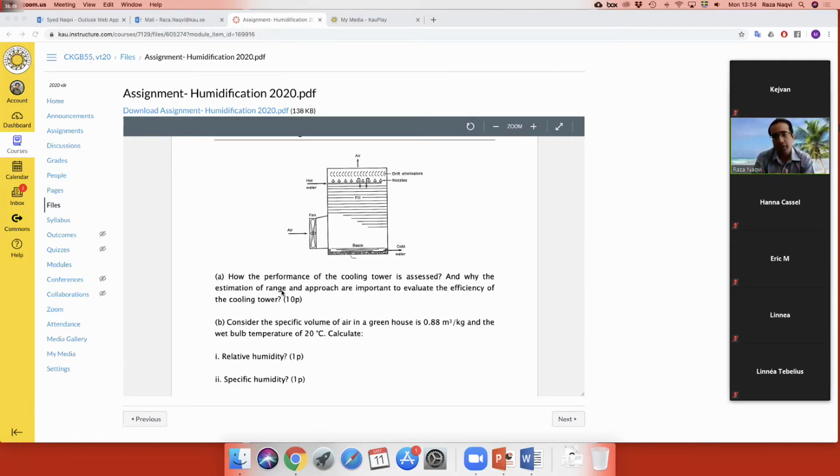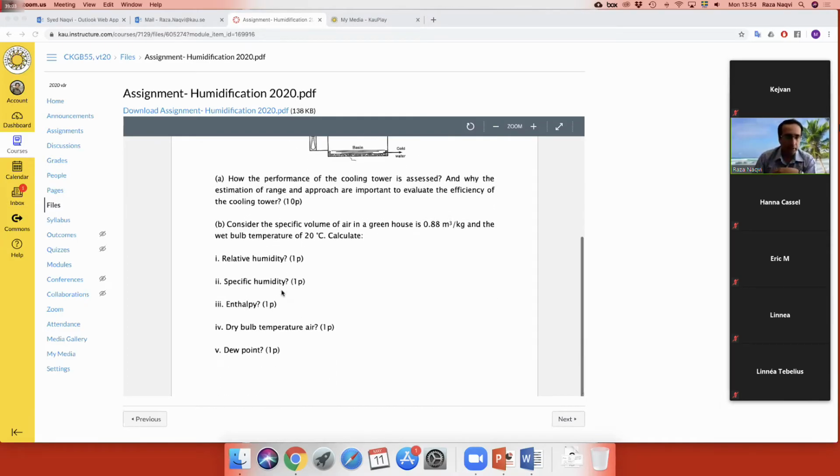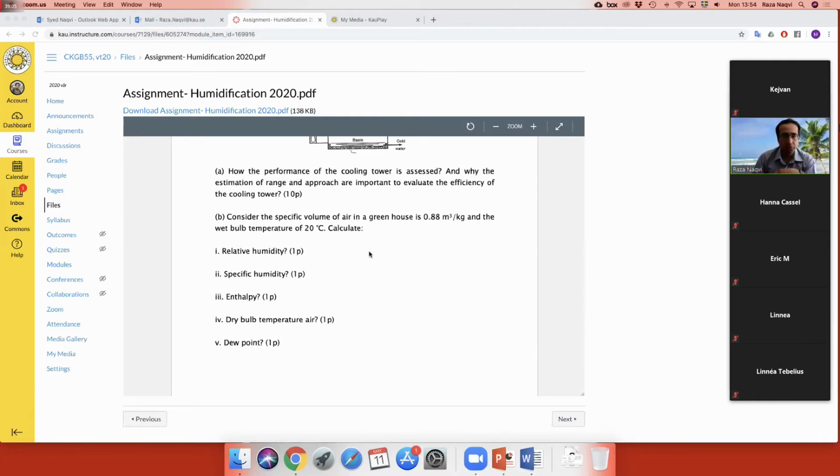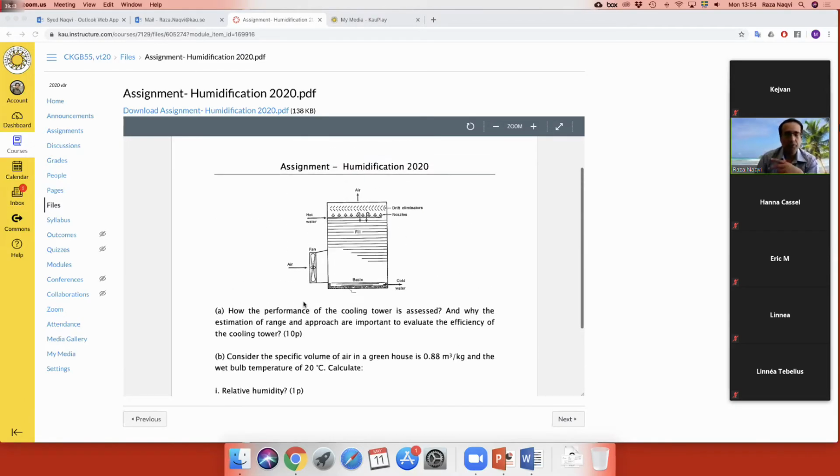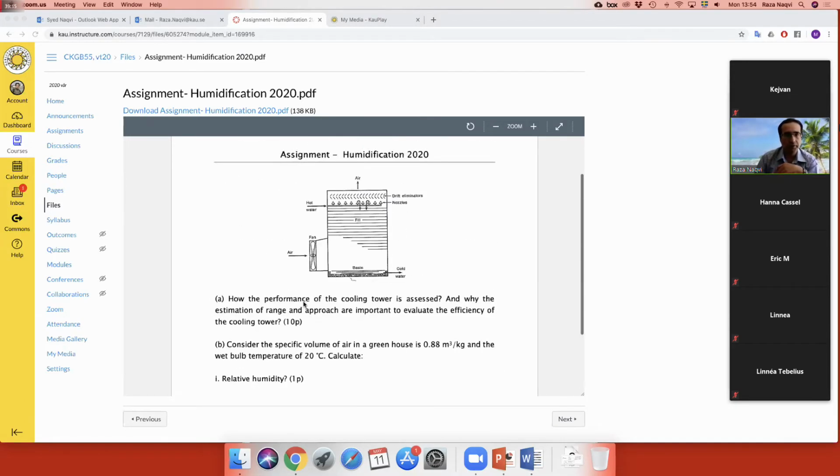So this is a theoretical question, so you can refer to the book chapter, you can refer to the internet, and you can find the answers, and you can write the answers in your own words, right? And the other question is quite simple. You have to use the psychrometric chart in order to calculate the relative humidity, specific humidity, enthalpy, dry bulb temperature, and the dew point. So it's a quite straightforward assignment,